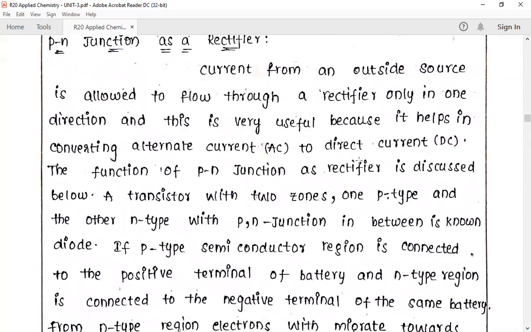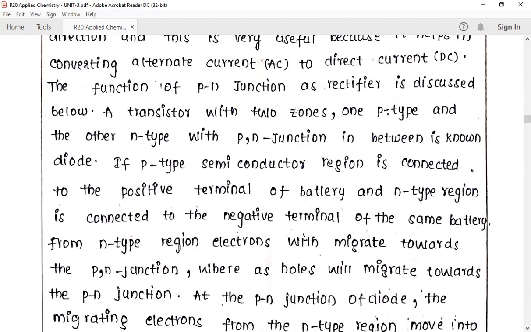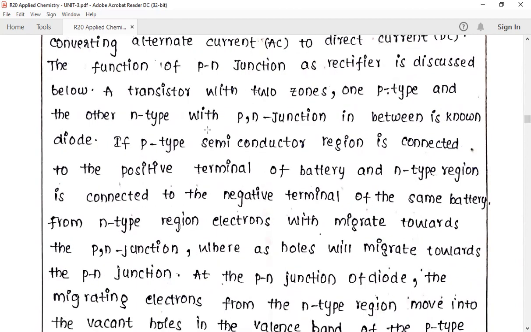In this way, the PN junction works as a rectifier. See here, a semiconductor with two zones, one P-type and the other N-type, with a PN junction in between, is known as a diode. If the P-type semiconductor region is connected to the positive terminal of the battery and the N-type